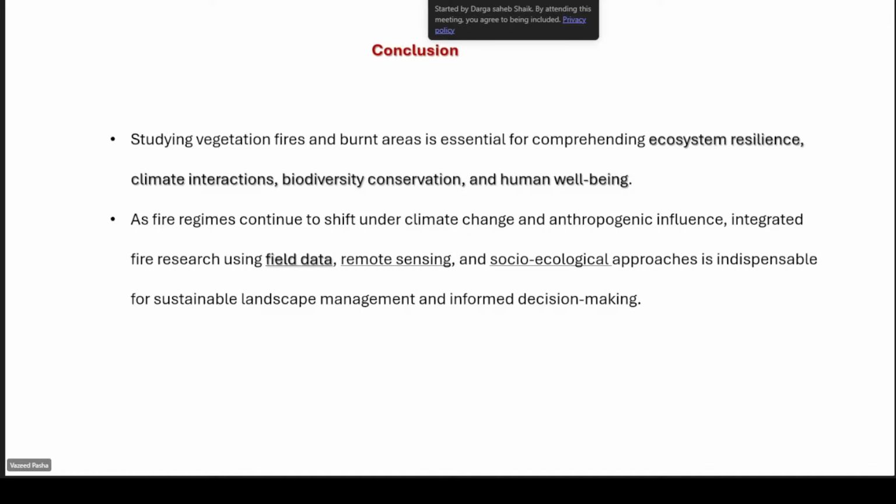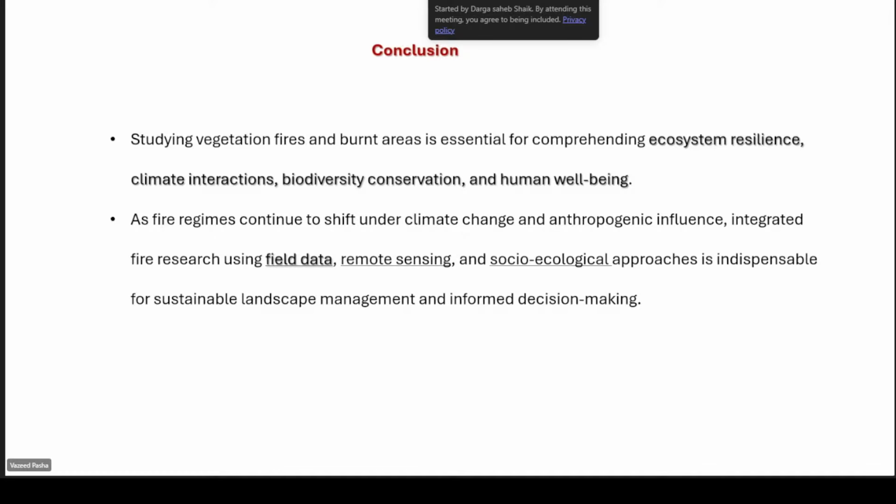Number one is field data, which is very important. Without understanding the ground, we can't approach further linking with the satellite data. The second is satellite remote sensing data. The third is to understand people's perception, that is, socio-ecological perception.